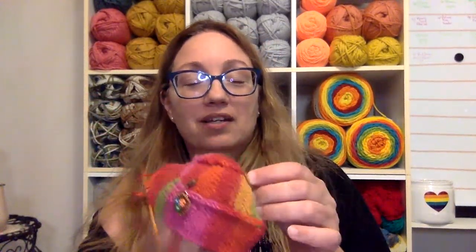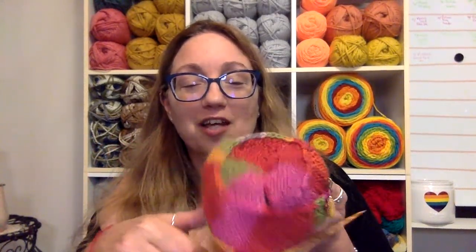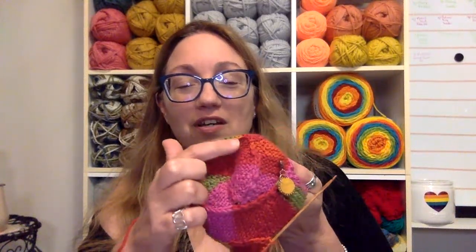I haven't taken the time to sew this little bit. Where is it? Right there. That's obviously where I started and ended my first round here. So for a little project, this has been very fun. So I started out,